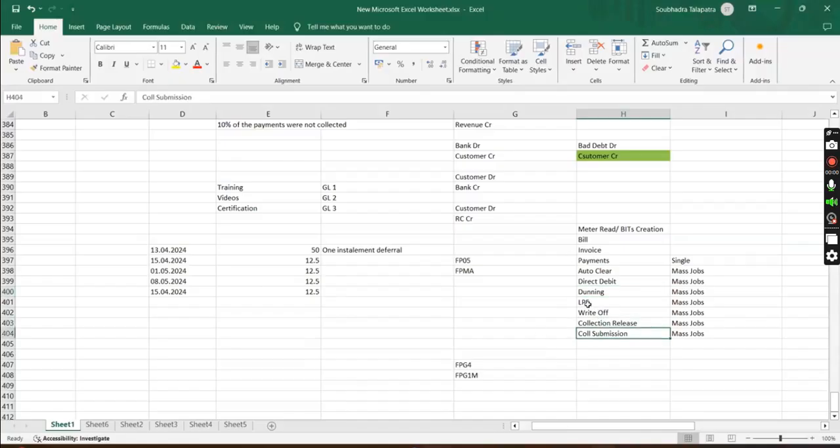For all activities you have to configure a time, deciding which one runs when, and ensure they are in proper sequence. I put invoice first, then payment, so that my invoices are cleared via payment. Even if some payments are not clearing invoices, I can run auto clear. After that I'll run direct debit. After all the payments are posted, I'll run dunning, so that only open items will be picked up.